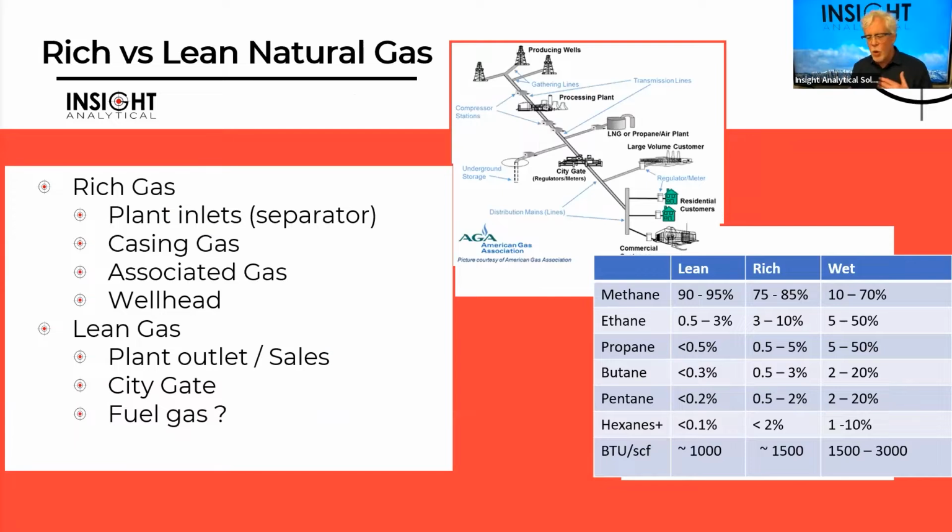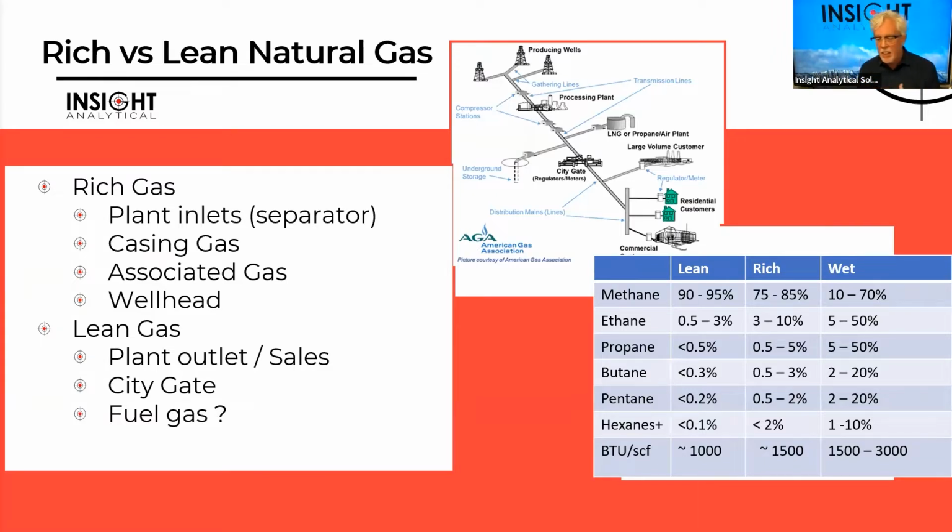So I tried to show what the difference is between, say, lean, rich, and what some people might refer to as wet gases. Lean natural gas, the stuff that we'll see in pipelines, is often in that maybe 85 to 95% methane range. It's usually running around 1,000 BTU, and there's not a lot of variability, and there's not very much for heavy hydrocarbons there. As we get closer, perhaps, to inlets to plants, what we refer to as rich gases, we may be getting up more into that 1,500 BTU range, and having higher ethane and propane